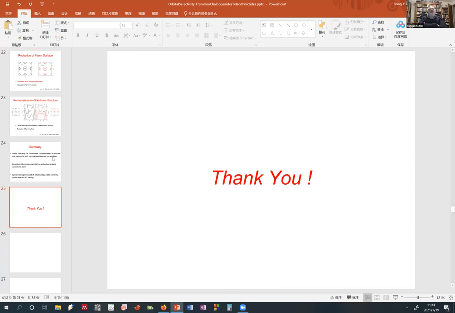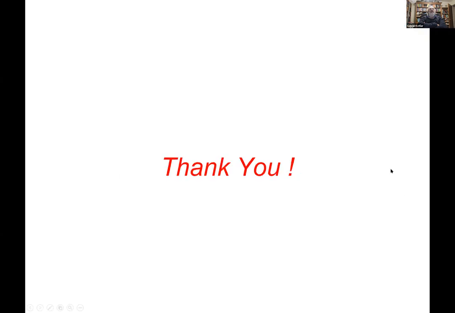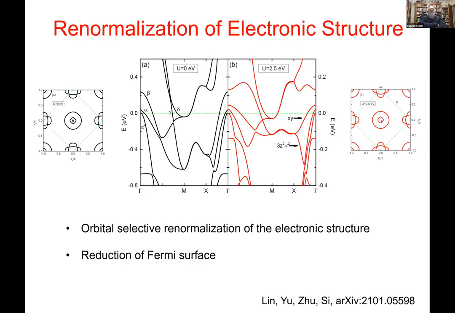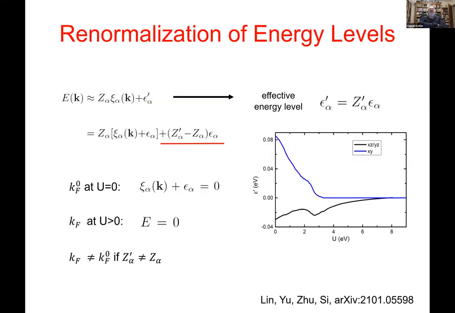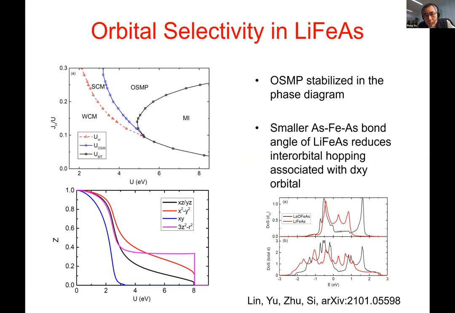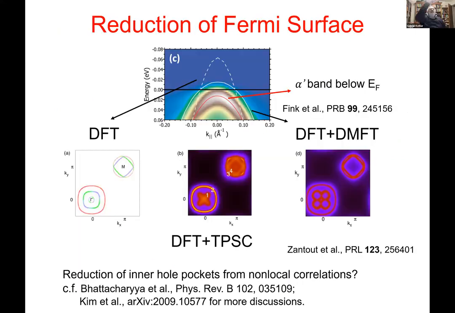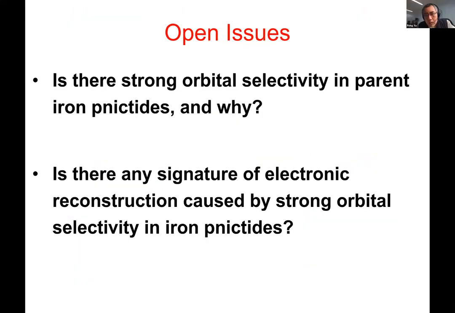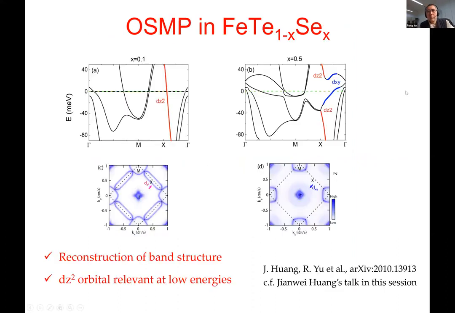Yeah, I have a question. Okay. So can you actually, both for Ming-Yi and for Rong Yu, what is the position of the XY level relative to the XZ, YZ in the chalcogenides in your calculations? Because my understanding is that many experimentalists claim that the XY orbital is below the Fermi level, not above. Right. That's right. So you can see actually from here.